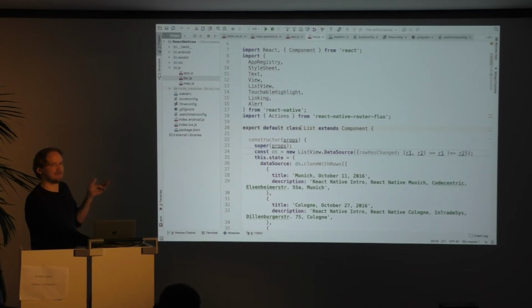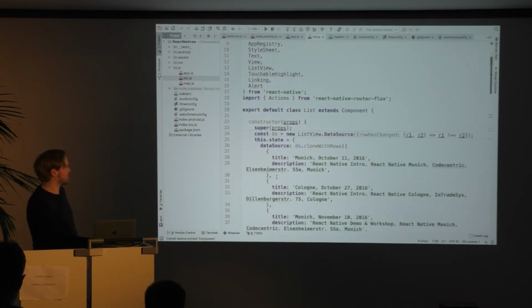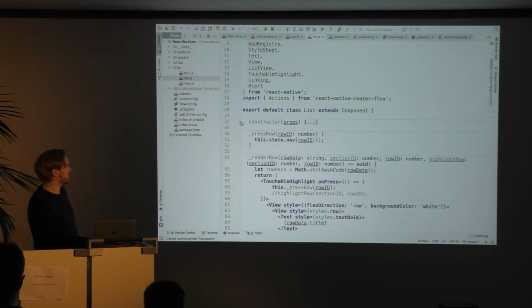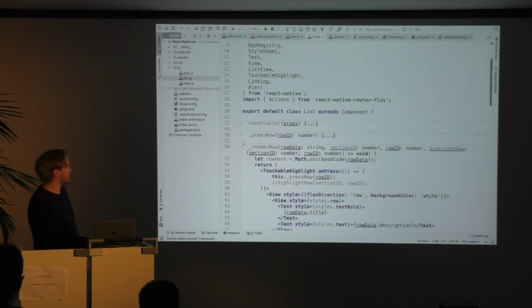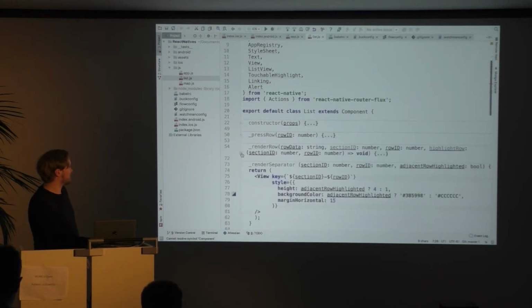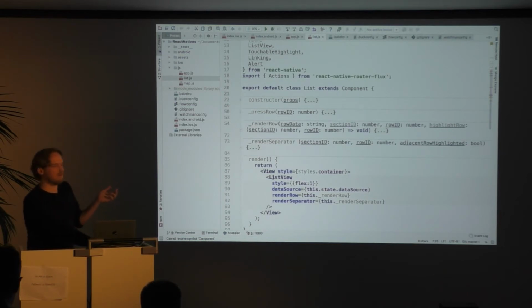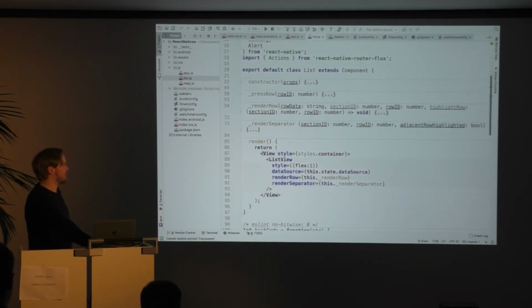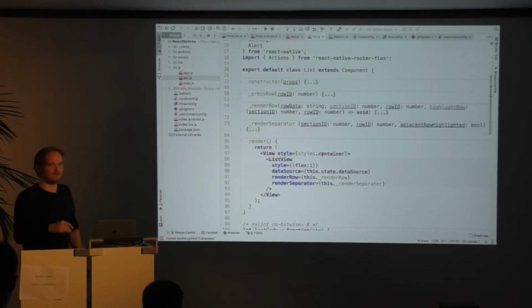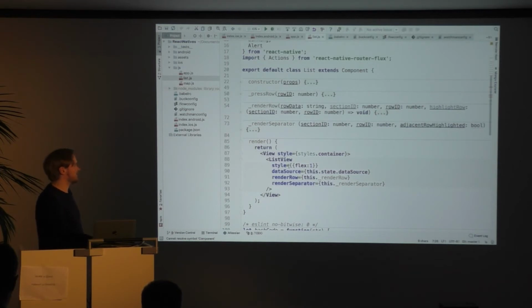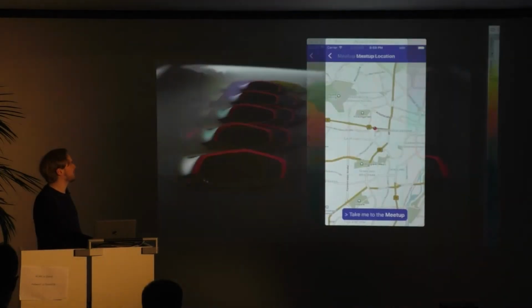And then this is a React component. I just called it list, and it extends, of course, Component, which is from the React library. There you have a constructor in this case, which in most cases you don't need. Let's just close it for the moment. Every React component has this render function, and there we have a view which has a certain style applied to it. That means what size it is, what color it is, and stuff like this. And it contains a list view, which essentially is